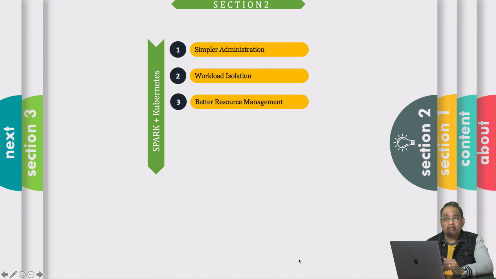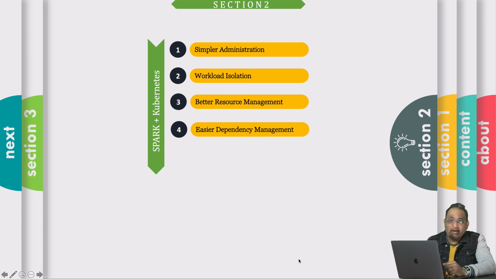Also, scaling a cluster up and down is quite easy because it's just a matter of adding or removing VMs to the cluster. Next feature is easier dependency management. Managing dependencies in Yarn is quite challenging and time-consuming, as packages have to exist on all nodes in the cluster, which makes isolation difficult, that is, making different versions of the same software like TensorFlow 1 and TensorFlow 2 coexist on the same node, and updating the environment becomes quite challenging. Spark on Kubernetes, and specifically Docker, makes this whole process a lot easier.